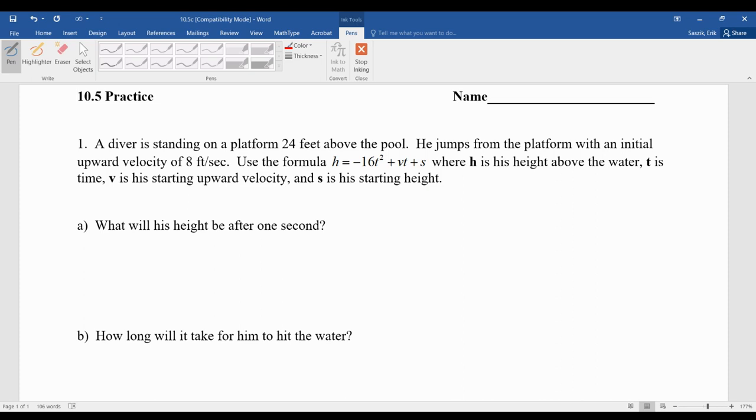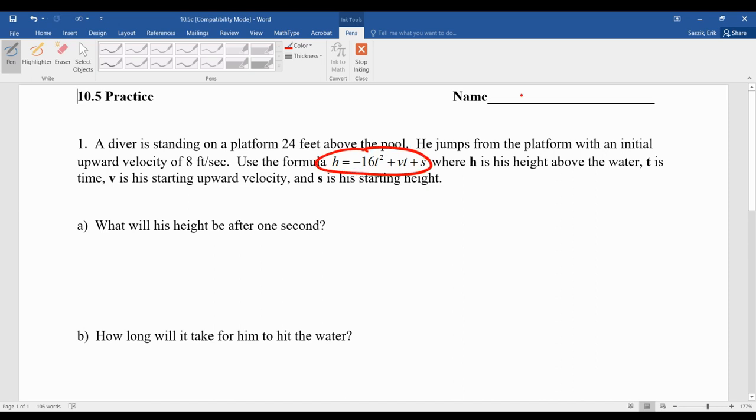Okay, so this is kind of a classic parabolic motion one where the diver is standing on a platform 24 feet above the pool. He jumps from the platform with an initial upward velocity of 8 feet per second. Because a lot of times, if you watch divers, especially like in the Olympics, they jump up first and then go ahead and do their dive. And then here is a formula